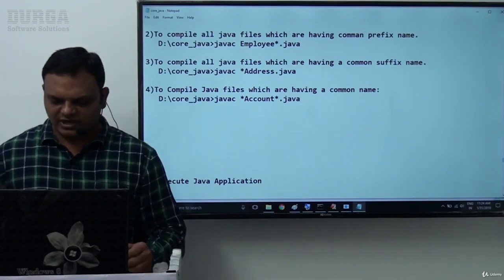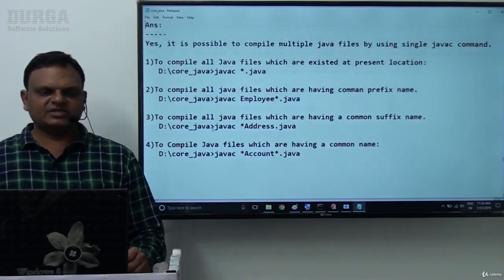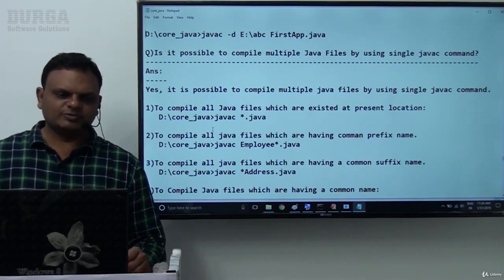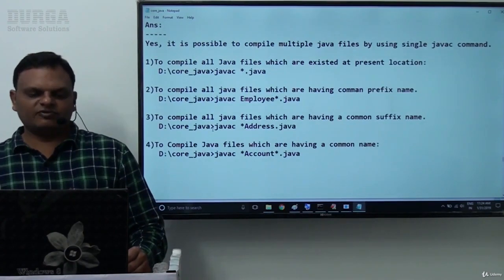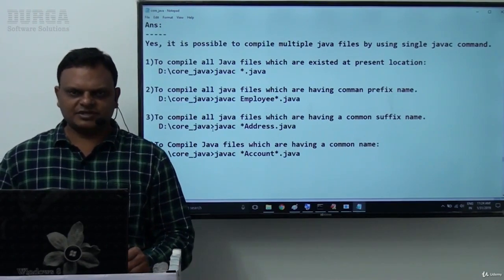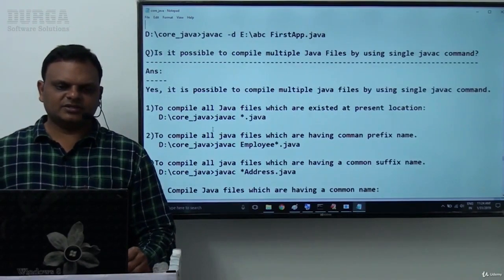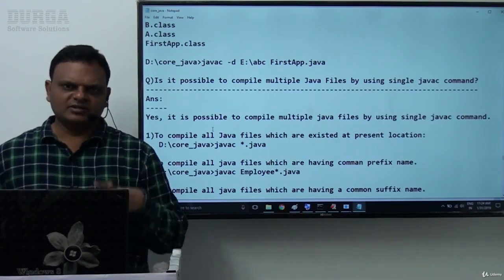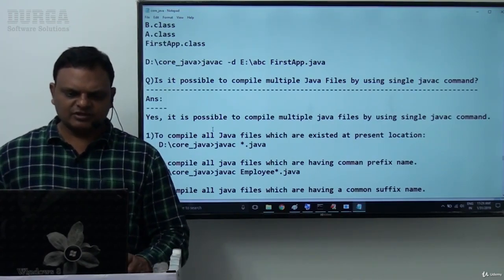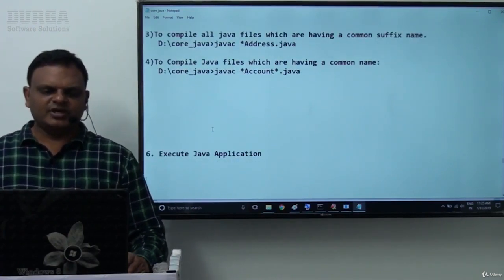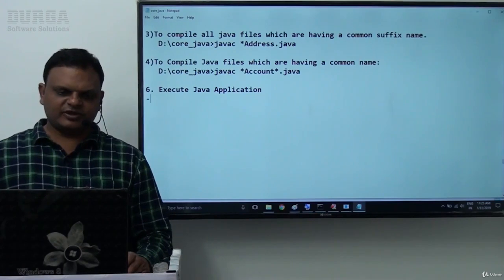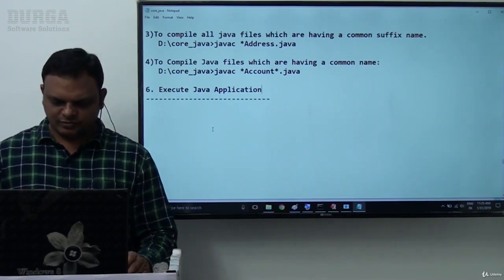So in this video, we understood clearly what the intention of the -d option is for compilation of our Java files and how it is possible to compile multiple Java files at a time. Understand it? Right, sir. Now this is the total mechanism for compilation of our Java files. After completion of this, in the next video we are going to see how to execute a Java application, guys. Good. Thank you.